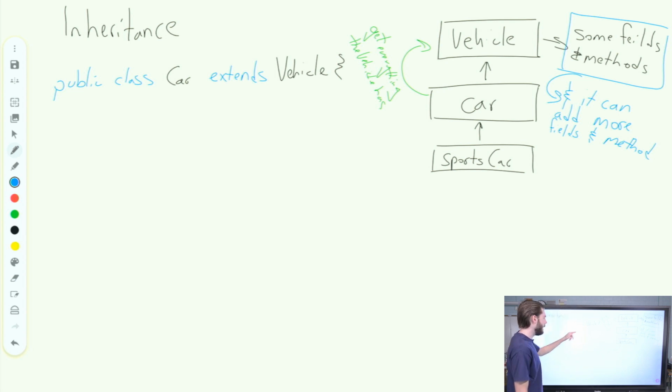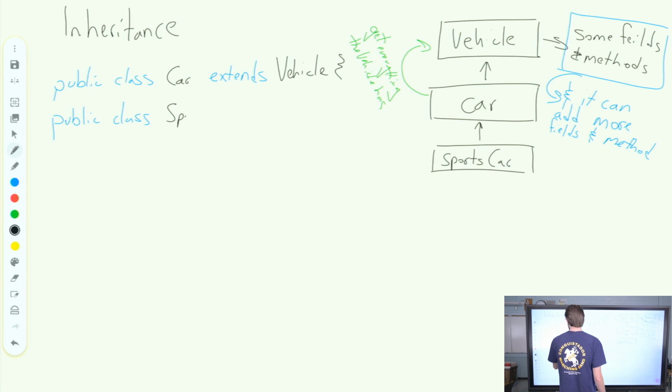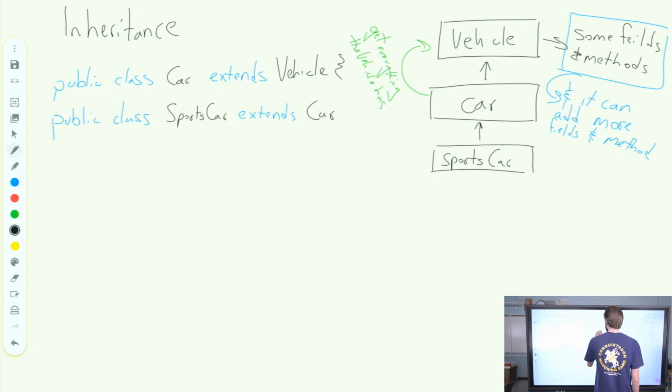Same thing with our sports car. We can simply write public class sports car extends car. And by very nature, because car also extends vehicle, sports car will get everything that vehicle has. And we can continue this relationship on forever. However,